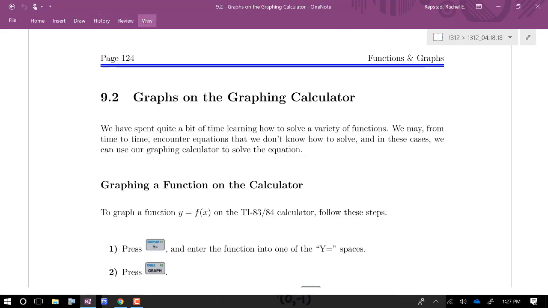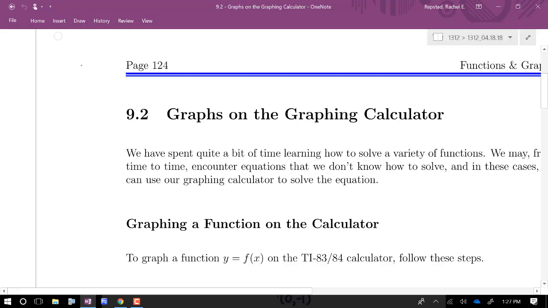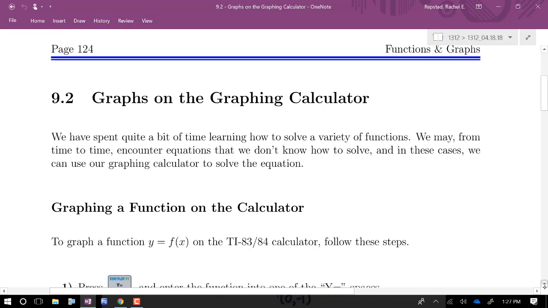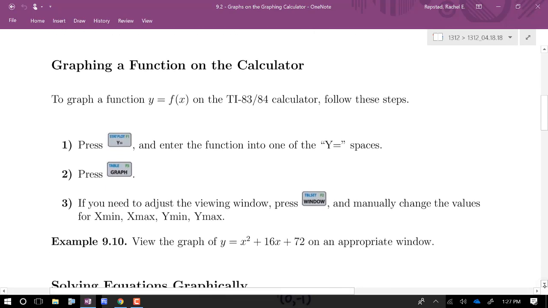Doing a quick lesson on how we can make use of graphs on the graphing calculator, and I know we've probably all put in some graphs on the graphing calculator before. In particular, I'm going to state the importance of making sure that we know how to appropriately choose a window, and we'll get a little practice in that,